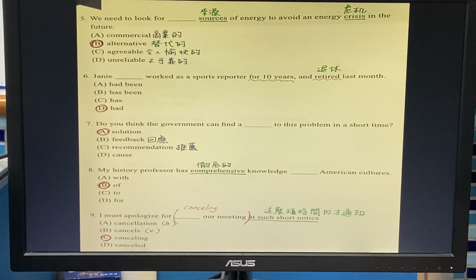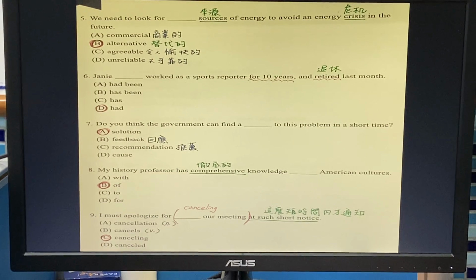Okay, solution to this problem 就是解决问题的方法。Number 8, my history professor has comprehensive knowledge 彻底的知识 of American cultures. Knowledge of American culture 美国文化的知識。